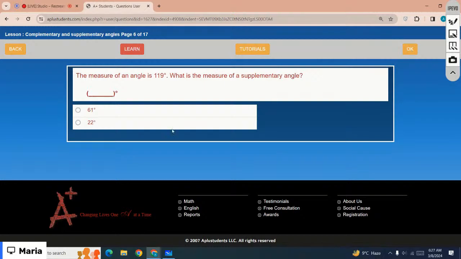Yes, that is 61 degrees. Okay, you can complete the lesson by yourself later today. Let me just move on to the next lesson, and the next lesson is